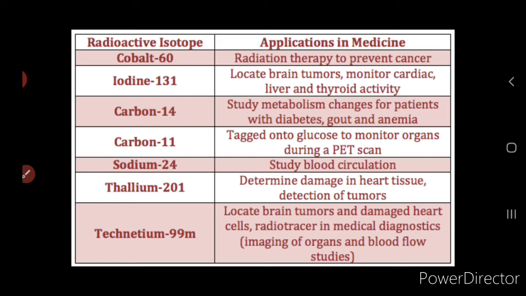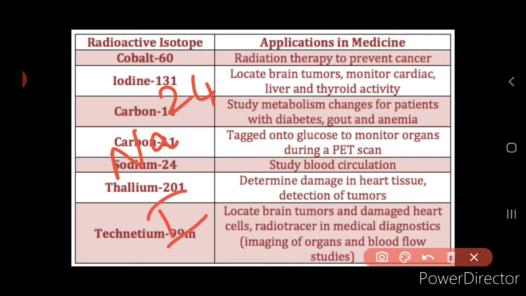For example, the isotopes of hydrogen, carbon, nitrogen, sulfur are mostly used in traces to detect diseases or used in therapy. Now radiosodium, that is Na-24, is used to see the effective functioning of the heart. And iodine-131, here you can see in the picture also, is used to treat the disease called goiter, that is, the swelling of the thyroid gland, isn't it?